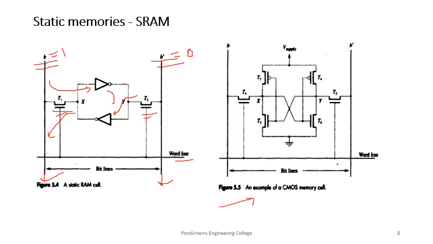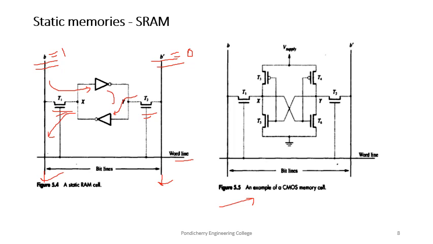In case of CMOS, you can see at any time one of the transistors in an inverter is going to be in the off state, so it disconnects the power supply and ground lines. So current flows only when there is an access happening. The remaining time one of these transistors will be in the off state, disconnecting the supply and ground lines.